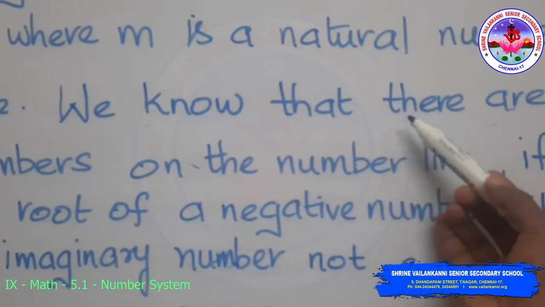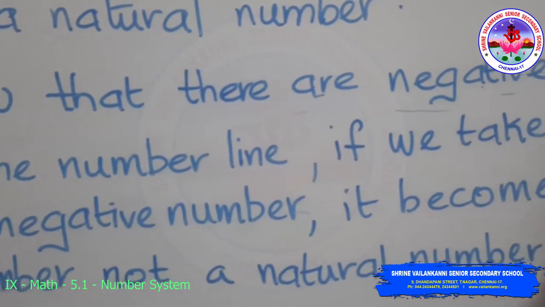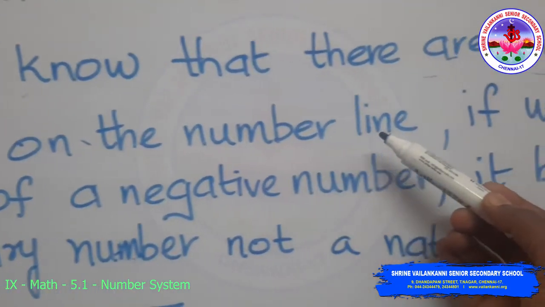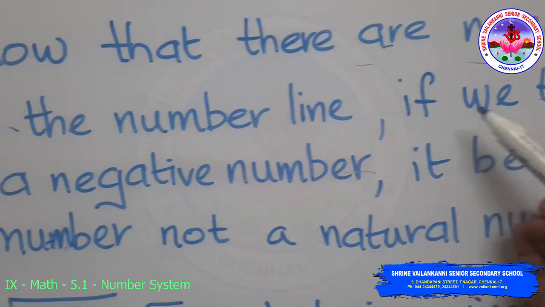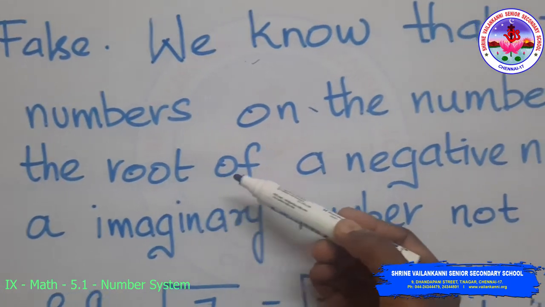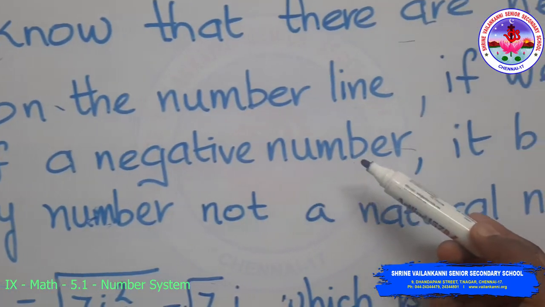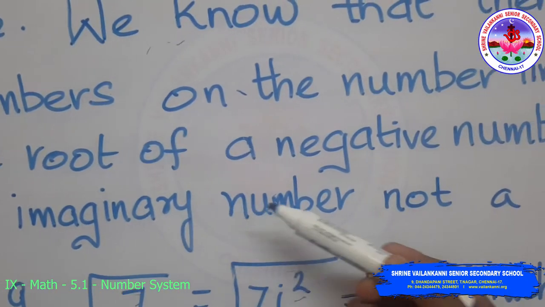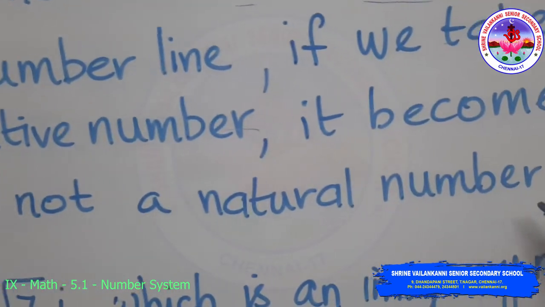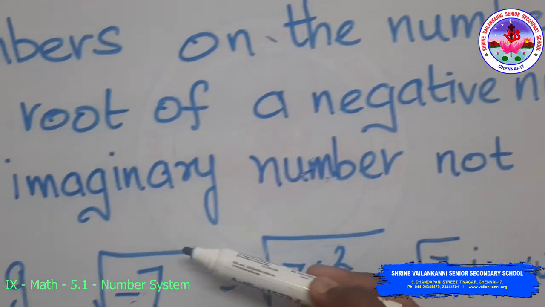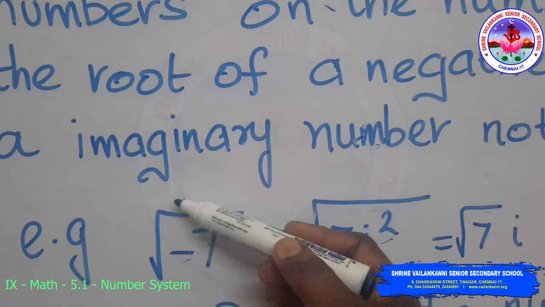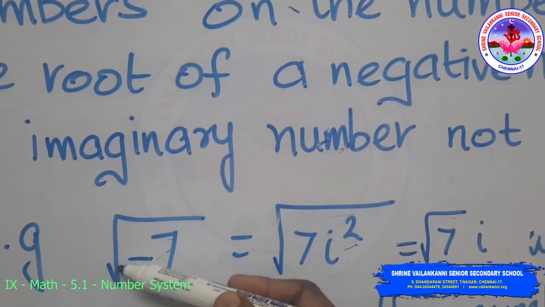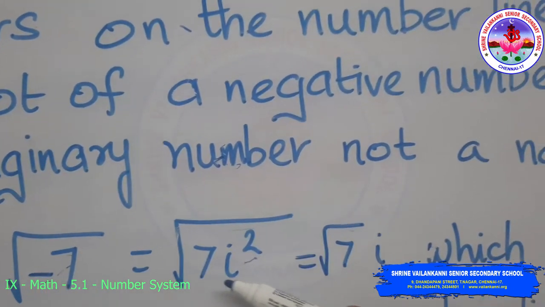We know that there are negative numbers on the number line. So if we take the square root of any negative number, it becomes an imaginary number but not a natural number. For example, if we take the square root of minus 7, a negative number, where minus has been replaced by i squared,